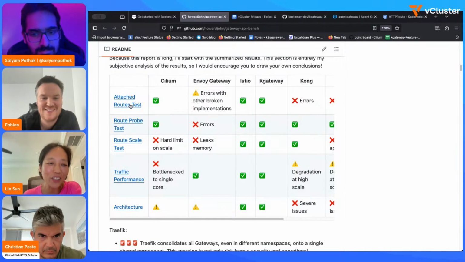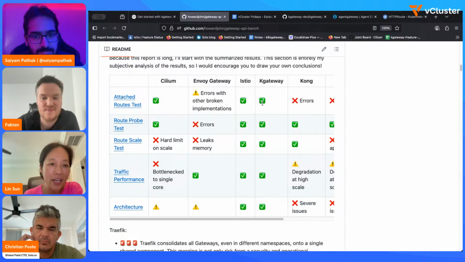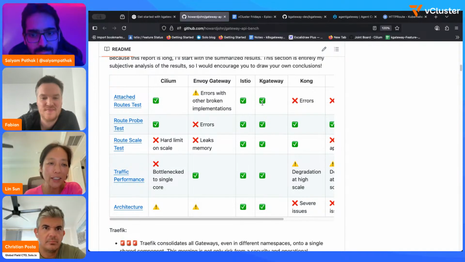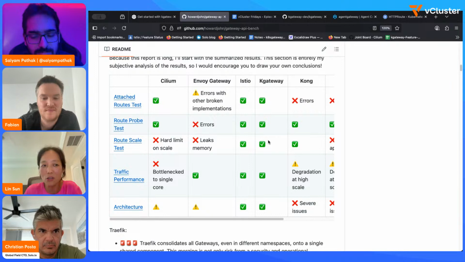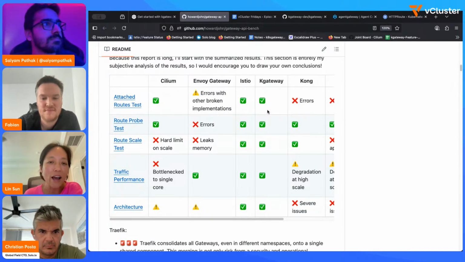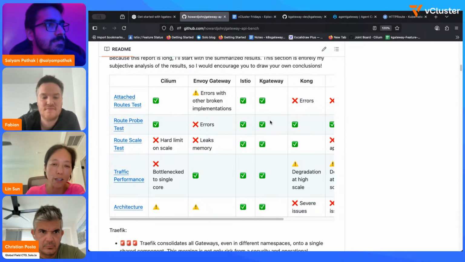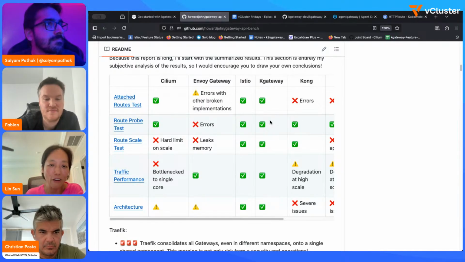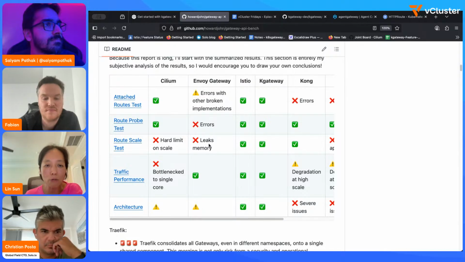And I actually did some validation myself on kgateway even before John published this test. I was able to deploy like 10,000 routes and then change one route and delete one route with 10,000 routes in my cluster, and kgateway handles it really, really well. I only have to wait seconds for the new routes, whether it's modified routes, deleted routes, or addition of routes, to come into effect. And you can see Envoy Gateway didn't perform very well, with errors and memory leaks.